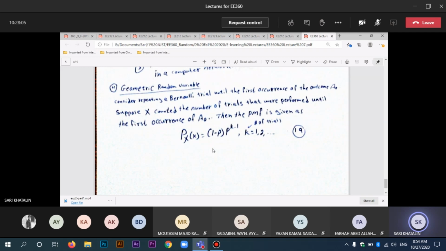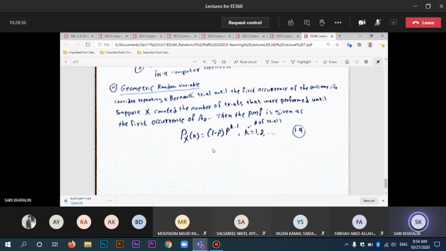The geometric random variable, again, it's the PMF for this one. As you can see here, we are focusing on the PMF of each discrete random variable, okay? Because this is the most important thing, the PMF, the probability mass function. The PMF for the geometric random variable is derived from the